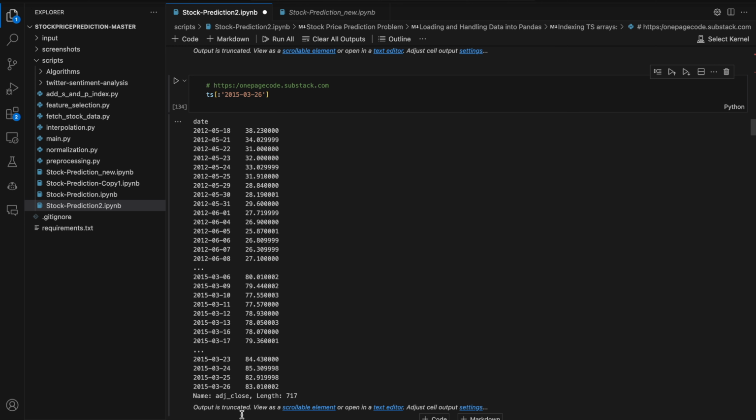This code is used to slice a pandas data frame object called TS. The slice operation is performed on the rows of the data frame using the indices. In this specific case, the slice operation starts from the first row and goes up to the row with the index March 26, 2015. The code uses the colon notation to indicate that it is slicing the rows based on